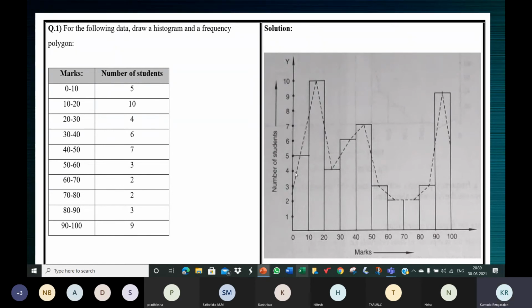You try to join using a scale, but stop, don't enter the negative side, because the details are about marks and number of students. And there's no negative marking here. So it's irrelevant if you pull it to the negative side. However, it's okay. If you pull this and join it till -5, that is also fine. So understand, you can do both, follow whatever your teacher wants you to do.